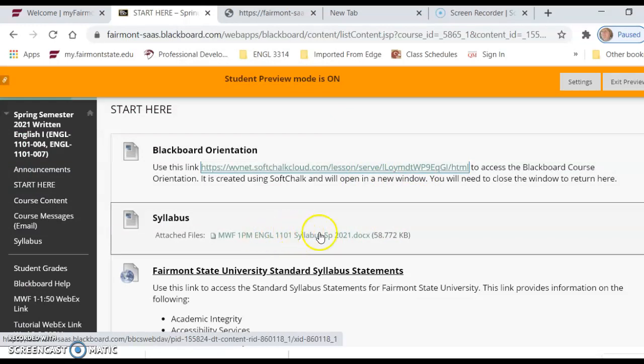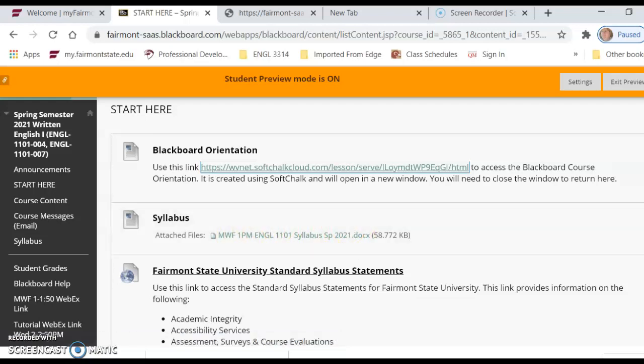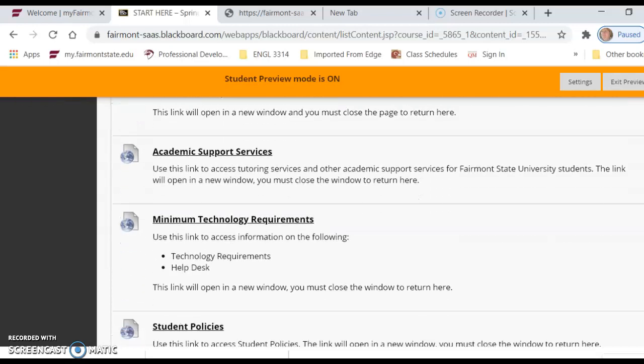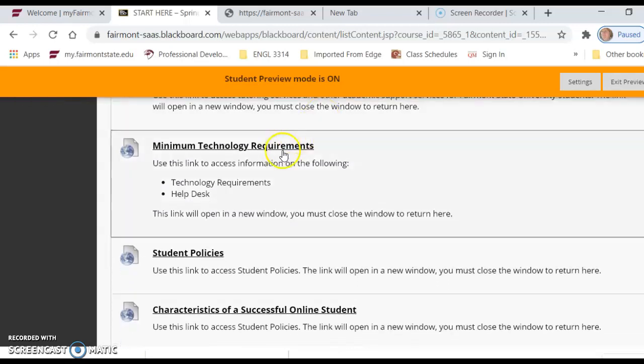Also, here is my syllabus. I recommend that you print this out so you know what all my course policies are. Down below are policies on academic integrity, academic support services, in other words, tutoring services, what you need in terms of technology, and